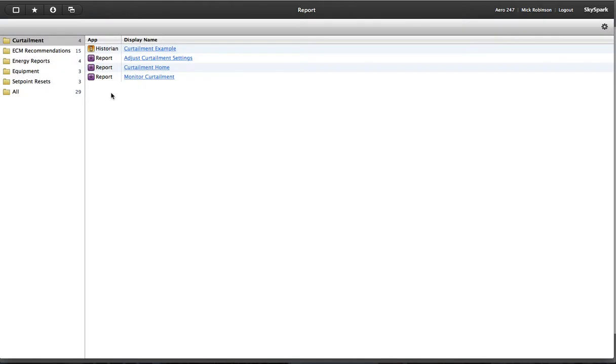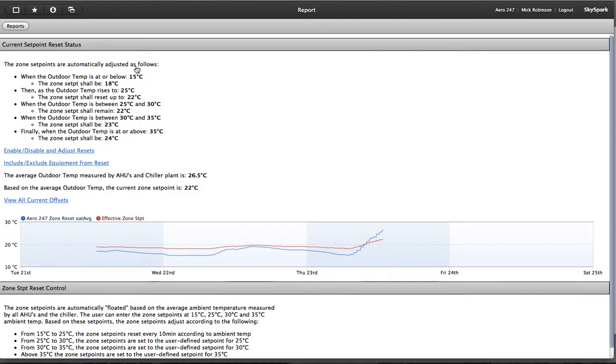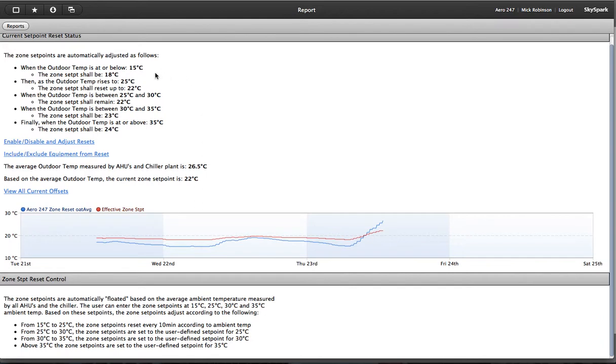So the other area after curtailment, so we're curtailing the demand, is the set point resets. So set point resets is where we're floating the current set points, and again, as I say, using the offset settings rather than the set point settings, to change what the current set point is relative to the external air temperature at the time. So at the moment, the curtailment strategy for this particular implementation is that when the outdoor